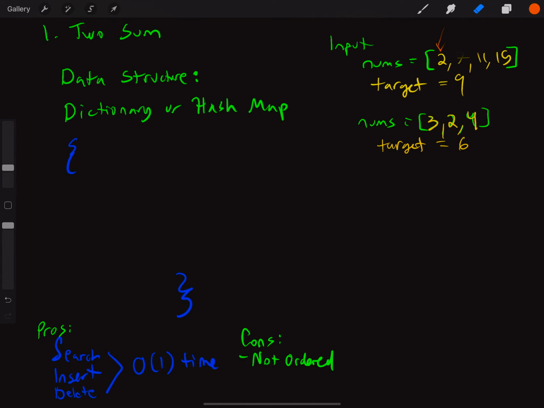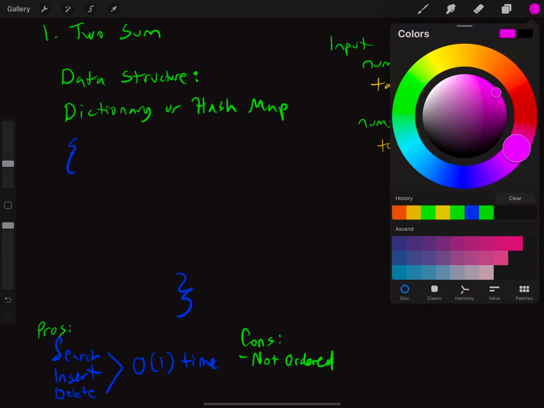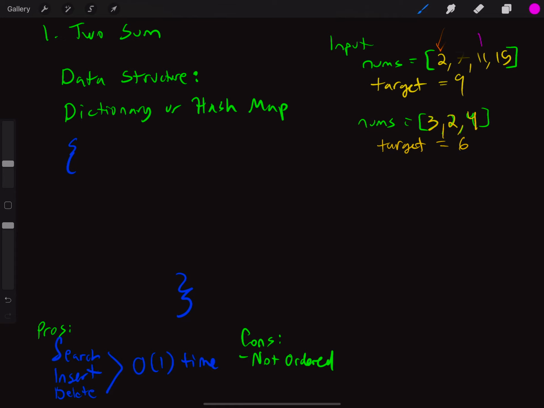Let's say that wasn't the first one. Let's just say that we checked this one next, 2 plus 11, that does not equal 9, it equals 13. And that would yield a time complexity of O(n) squared because of the double for loop, and O(1)